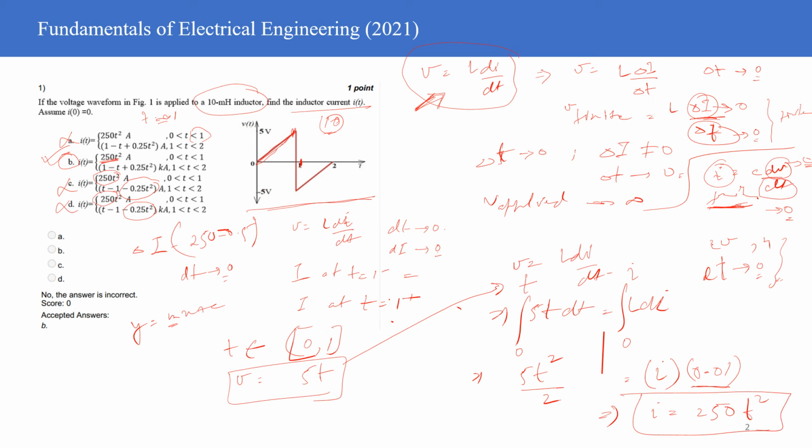So this is what is given as a solution for the first duration, 0 to time t equals 1, right? So you get 250 t square, but then that particular solution is given in all four, right? So you need to solve for time t equals 1 to 2, right? Now from